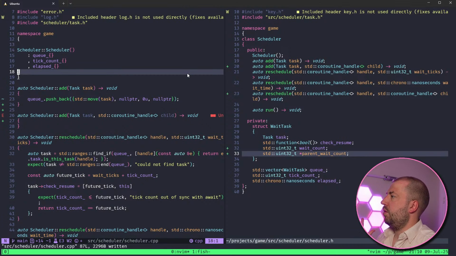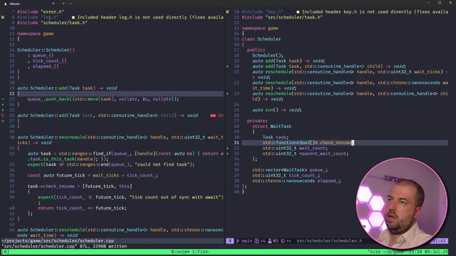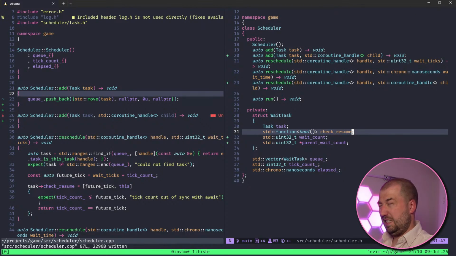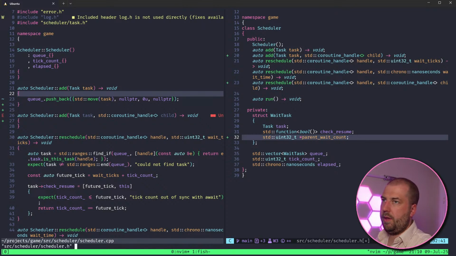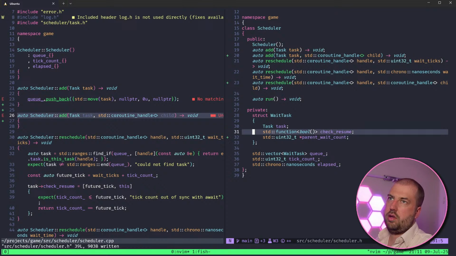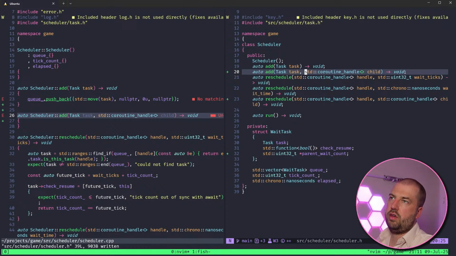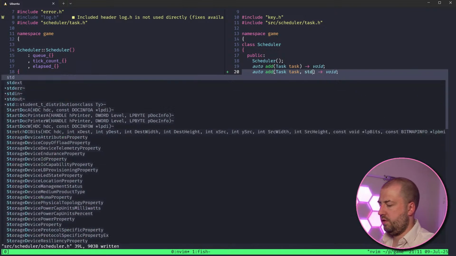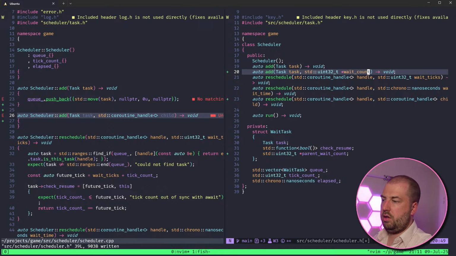Wait a minute. What happens if the function owns the pointer? Let's just have parent wait count, okay. And you can say, hey, I'm going to add a task. It already has a wait count, okay.